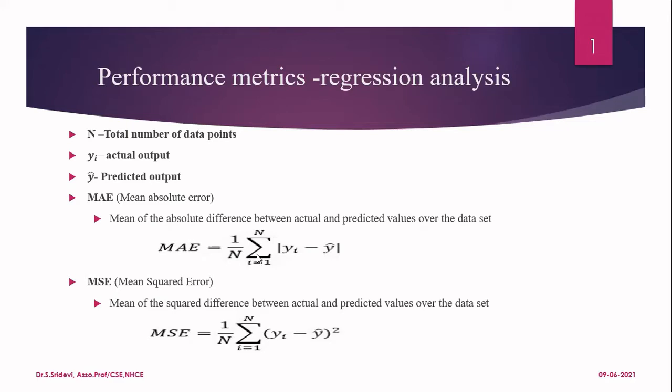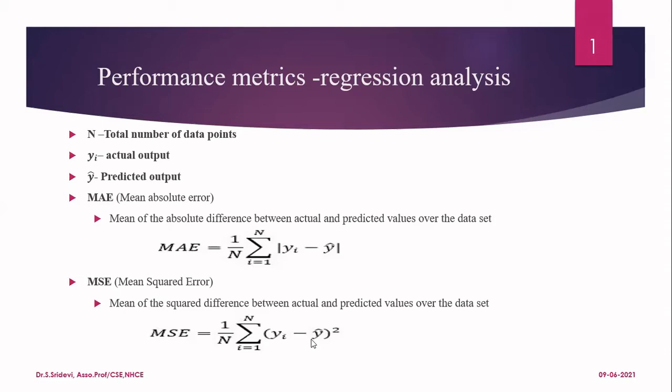So this is one of the measures. And the second measure is mean squared error. Mean squared error is nothing but, instead of taking the absolute value, where you are trying to compensate for the effect of positive and negative differences cancelling each other, you can even go for squaring the terms. If you have -2, when you square it, you will get +4. If you have +2, when you square it, you will get +4. So we can even go for squaring the errors.